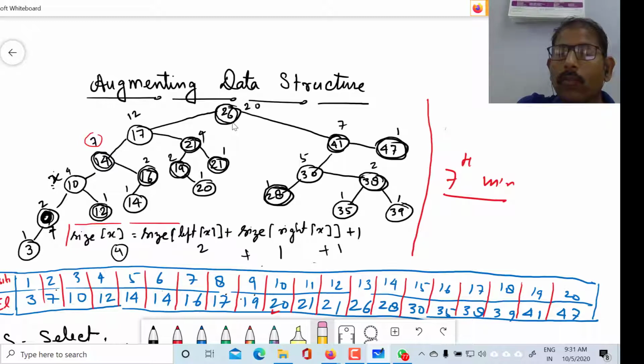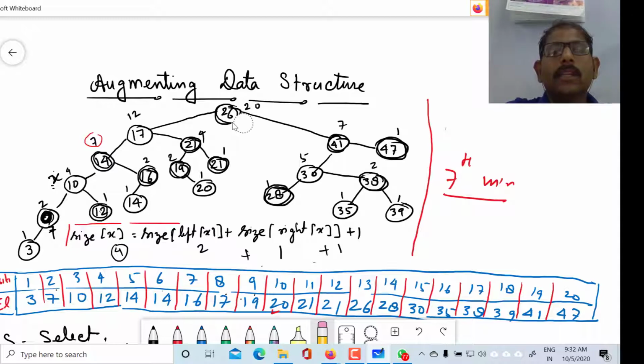Therefore we want to find how many elements are there in the left subtree of a particular node. For 26 we shall start from the root node, because no particular node is given. If a particular node is given, we can start from that node, and if not, we start from the root node.